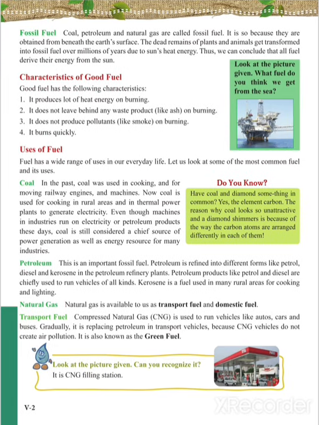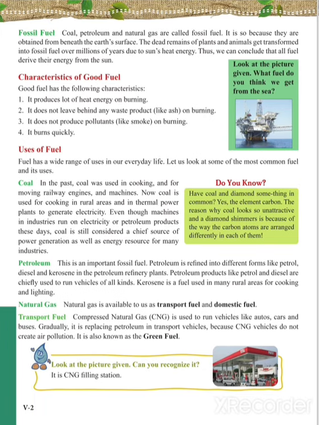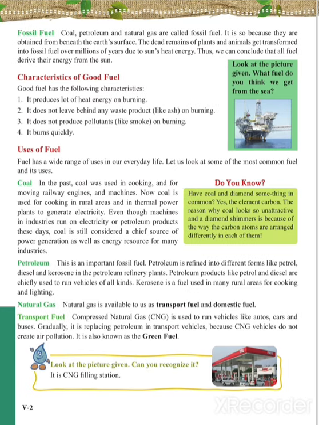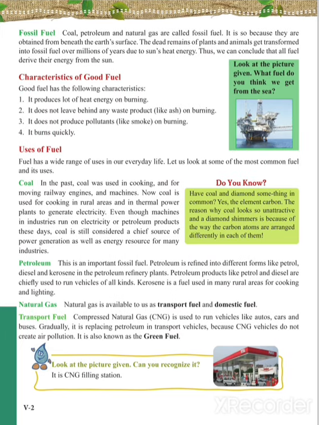Today, the coal is used for producing the electricity in thermal power station. However, coal and diamond have something in common, like coal and diamond are same. You will say coal is black and diamond is bright. How they are same? As they both are made from the same element, that is carbon.